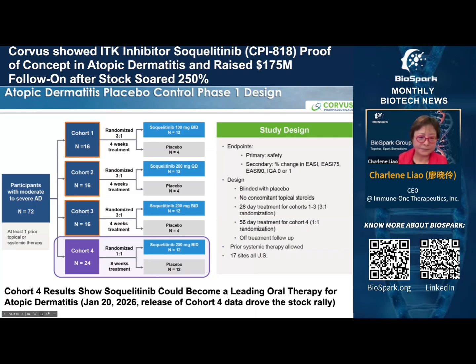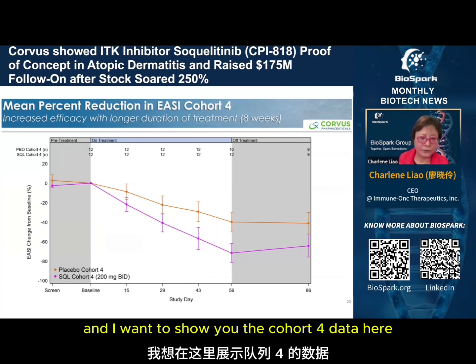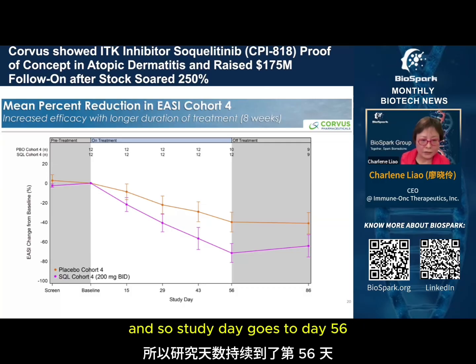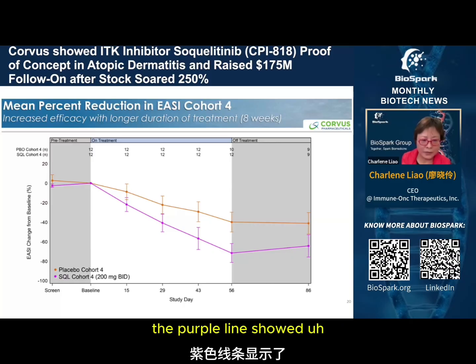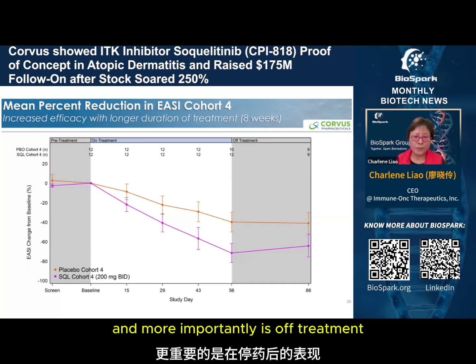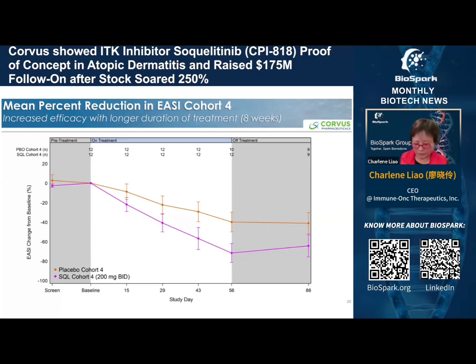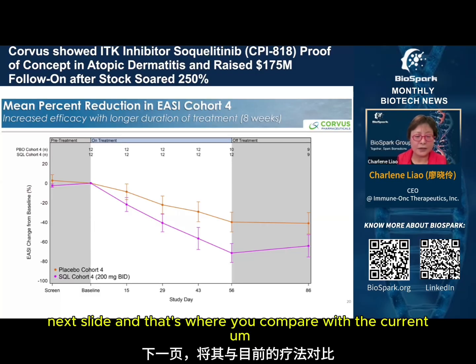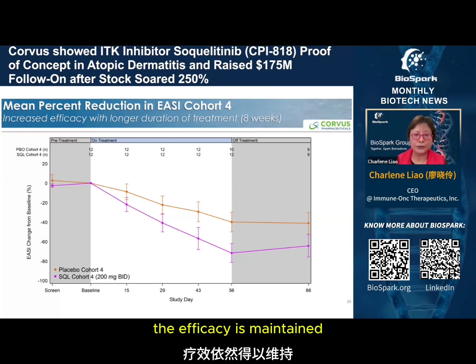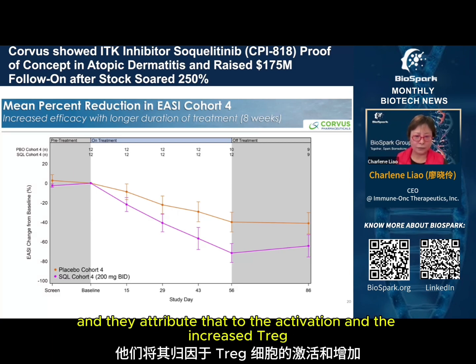Next slide. And I want to show you the cohort 4 data here. It's also treated longer, for 8 weeks, and so study day goes to day 56. As you can see, compared to placebo, the purple line showed the reduction of EASI change from baseline. And more importantly is off treatment. After this study, the patients stopped using the drug. The efficacy is maintained, and they attribute that to the activation and the increased Treg,